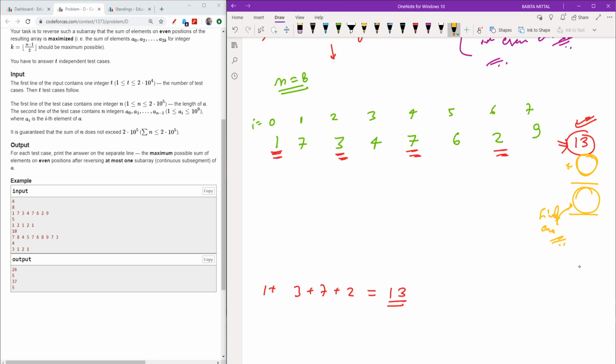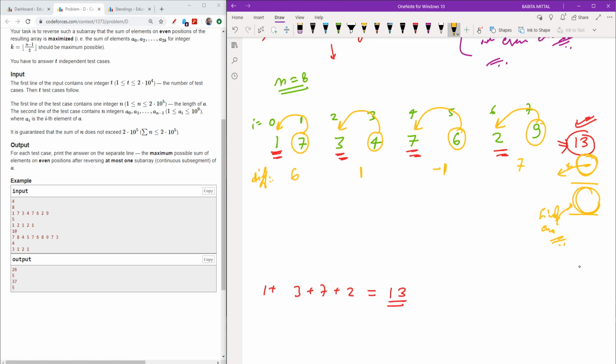So to add something to it, what can happen is I can replace the 7 by 1. If I do this, what can I obtain? Let me mark it as a difference. I can obtain 6. Very fine. If I do 4 minus 3, I can obtain 1. If I do 6 minus this, I can obtain minus 1. If I do 9 minus 2, I can obtain